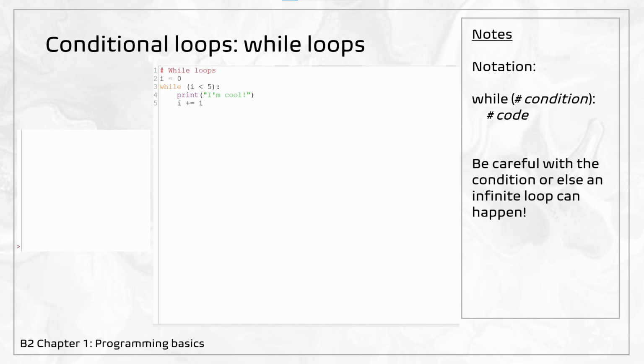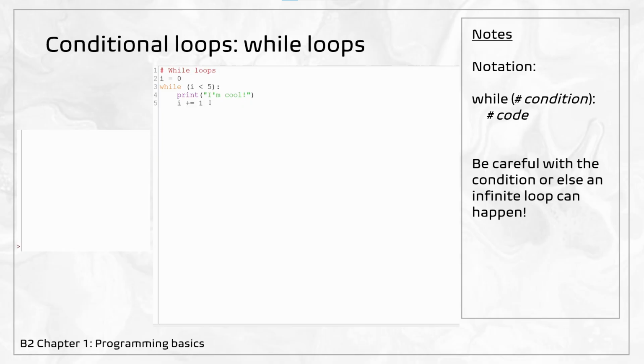The other kind of loop is a conditional loop, or while loop. A conditional loop repeats the code while the condition holds true. For example, this while loop simply mimics a for loop, where a variable I is first set to 0, and each time the loop is repeated, the variable I is incremented by 1, and the loop repeats until I is